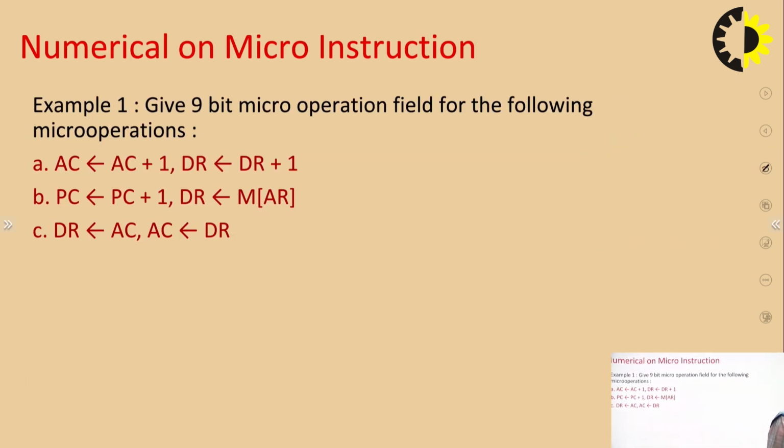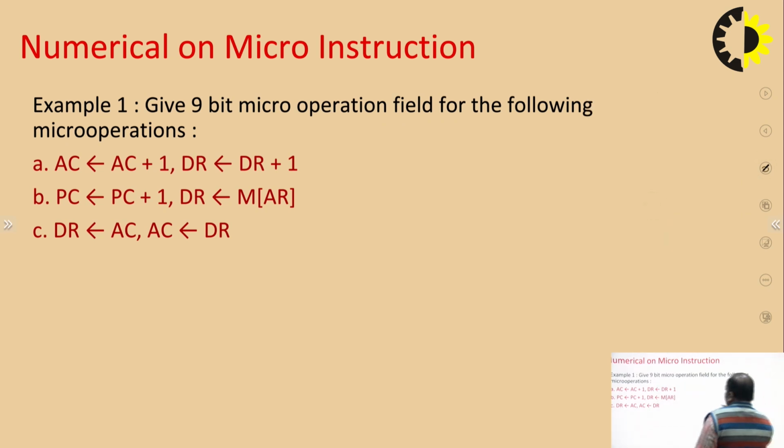This micro operation says that we are adding something, AC plus 1 and DR plus 1. So in example 1a, we are incrementing the value of the accumulator and incrementing the value of the data register. We have to check the values in all the field descriptors,